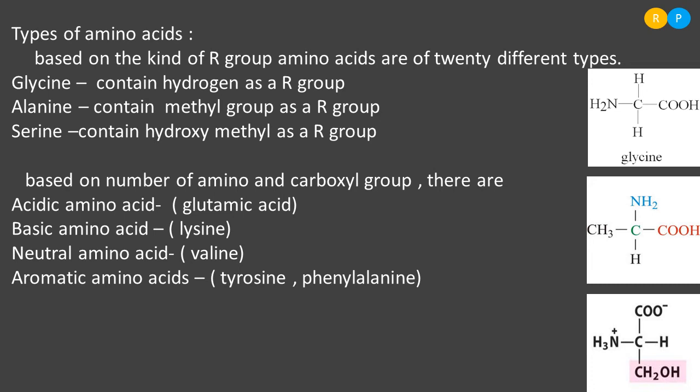Understood? Yes. There is one more very important concept of amino acids, that is the Zwitter ionic form. An amino acid exists in Zwitter ionic form when it is dissolved in water. What do you mean by the Zwitter ionic form? Why does it exist in Zwitter ionic form? We have seen the basic structure of an amino acid, right? There is an alpha carbon. That alpha carbon consists of one amino group and one carboxyl group. These two groups are ionizable in nature.